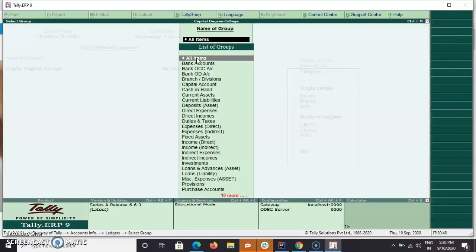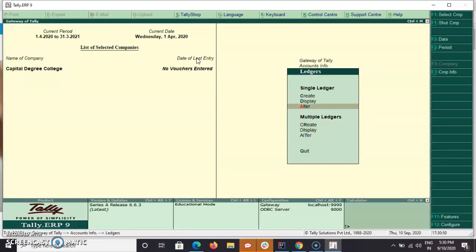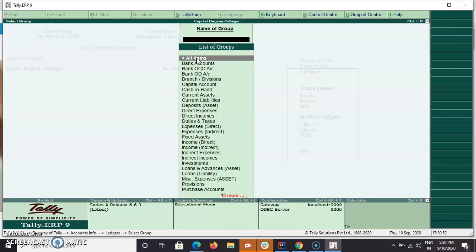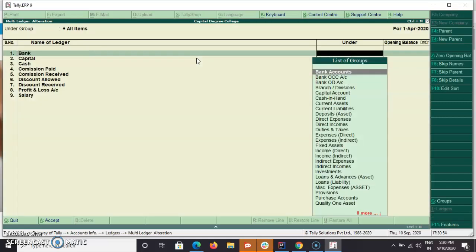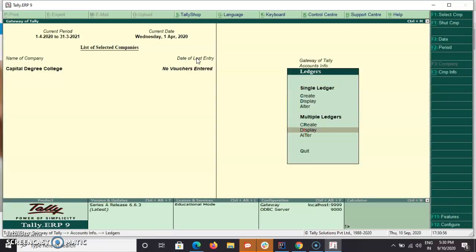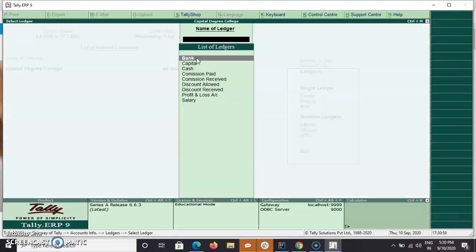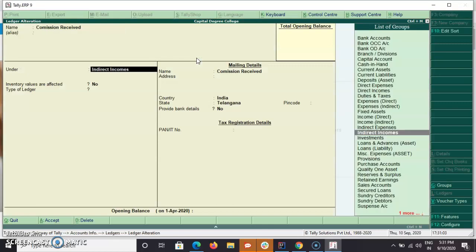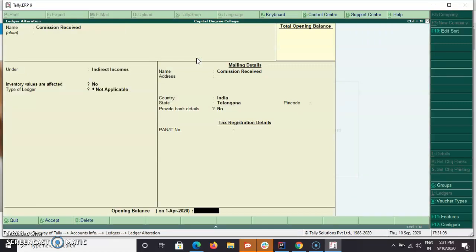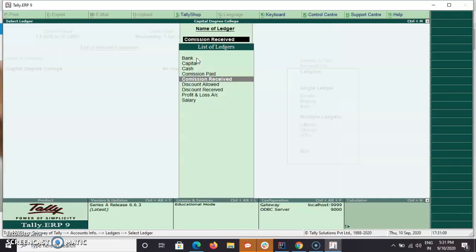If I want to make any changes, we can do it in alter, under all items. Here also it will appear. For example, if I want to make changes in commission received, you can do so. If I want to delete, I also have to go to alter only.